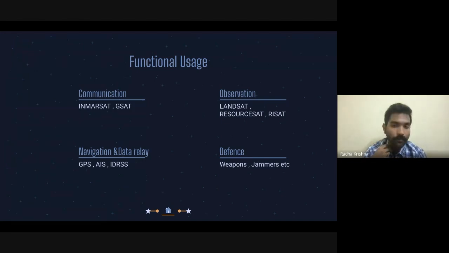The other use is observation. So observing satellites are like Landsat and ResourceSat. The kind of images that you see on Google Maps, all of them come from observing satellites. So there are huge cameras or radars that are put on the satellites, and thereby you see different phenomena that are happening on Earth. The other types of satellites are navigation and data relay